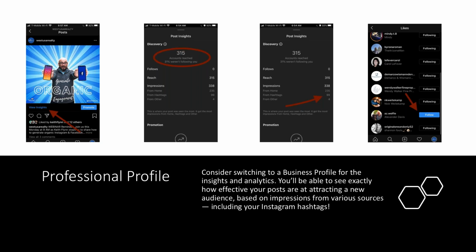But some of the bullet points I want to point out are obviously creating a username, and then we'll get into your bio. But just touching on a professional account here, on the left-hand side, you see West USA's business account with me on it from a previous class. And having a clear and distinctive username is important, especially if you're a brand.